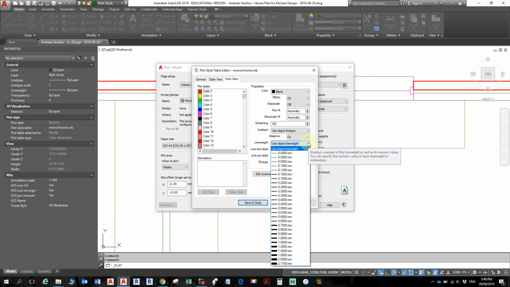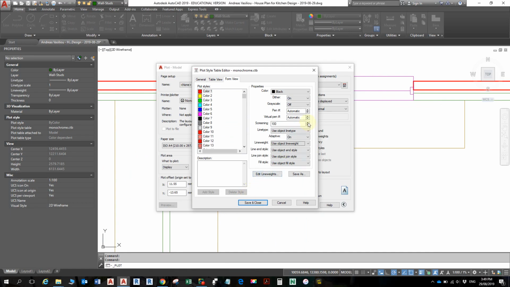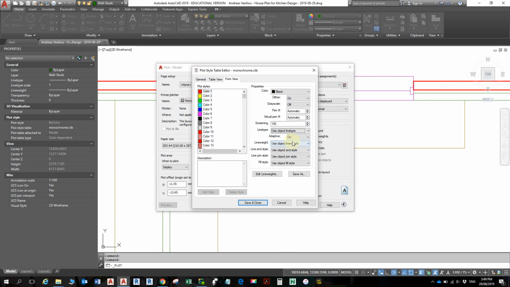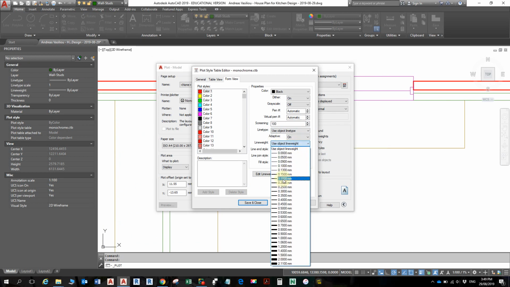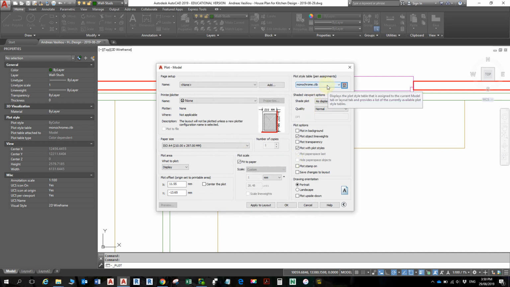What they've done with the ABS is said, no, red, 0.18. They're going to force you, so every time you have a red, it shall be 0.18. If I do that, then everything will turn out in 0.18 regardless. So we won't do that, of course. We'll just cancel that. Do you want to save the changes? No. So use the monochrome, and you can control it by the layer dialog box, or use the ABS,